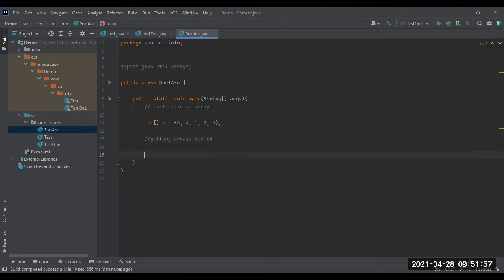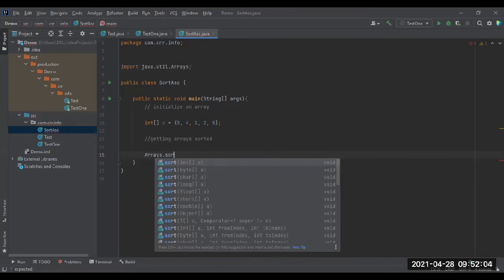So now I'm going to take Arrays dot sort. See this, so many things are available, but initially we have an integer array over here, and we are going to assign this.